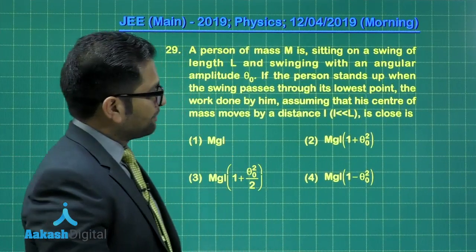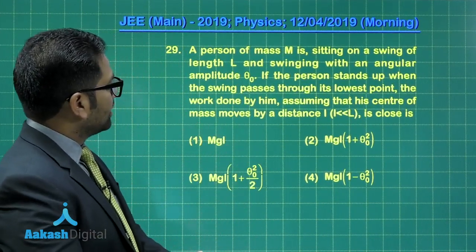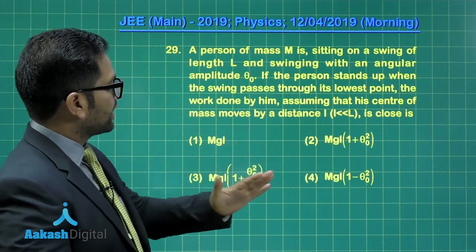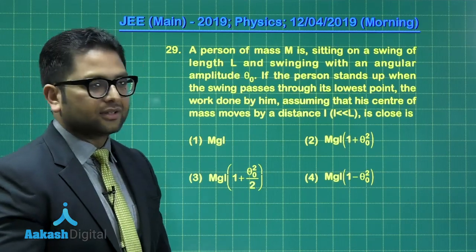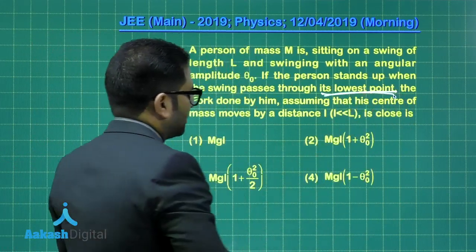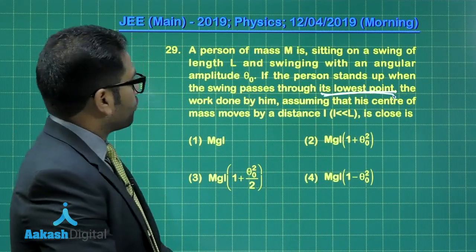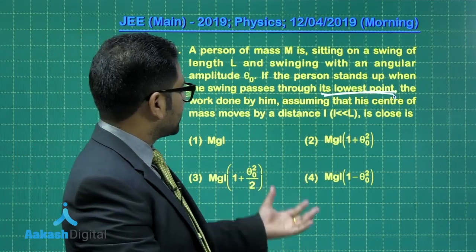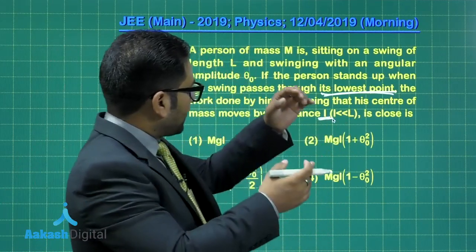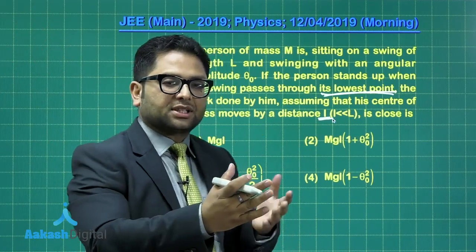Question number 29, a bit adventurous question. As you read, you would find that a person of mass m is sitting on a swing of length L and swinging with angular amplitude theta naught. The person stands up when the swing passes through its lowest point, a typical technique we generally use to speed up, right? And the work done by him, assuming that his center of mass moves by a distance of small l. So the capital L is the length of the swing, and when it reaches the mean position, the man